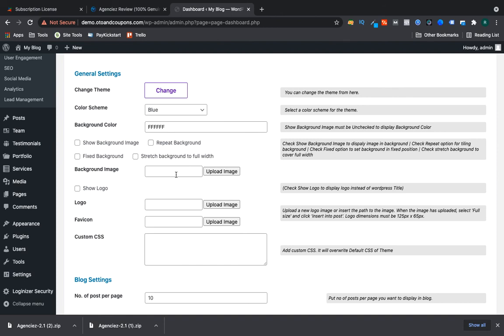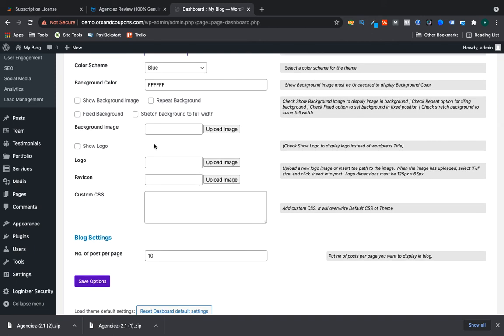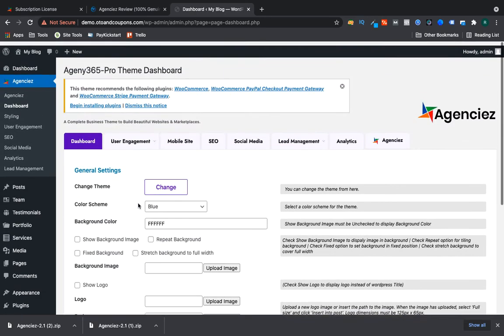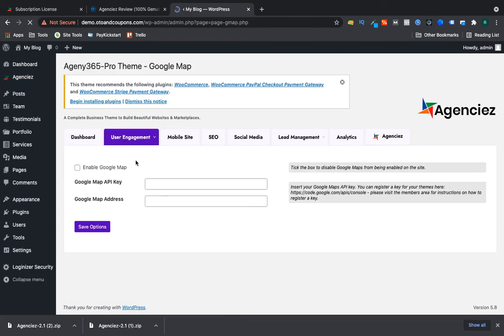There is hardly anything you cannot change on this website. For example, background image, logo, and all this. This really makes it very easy to create a website.